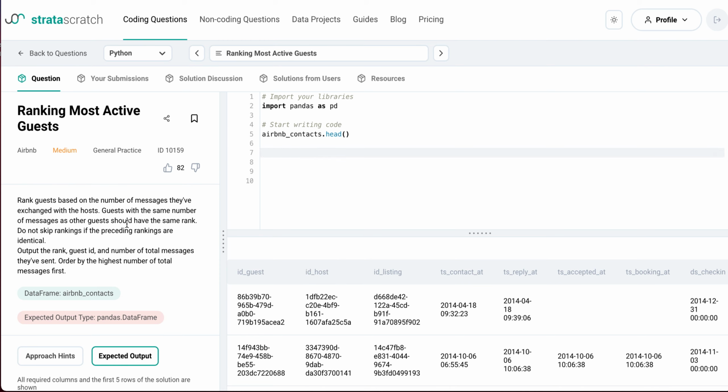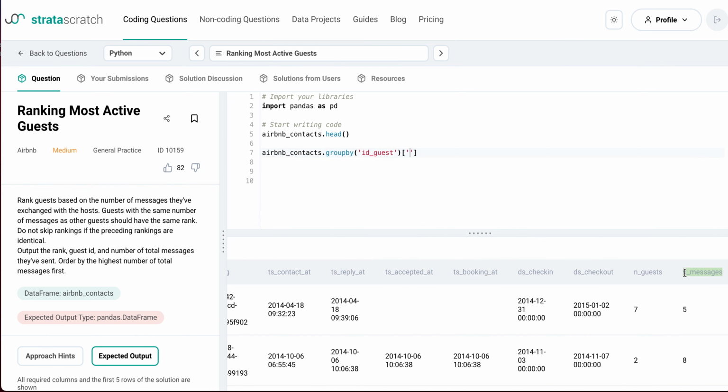So what I'm thinking is we want to get for each guest the number of messages. And generally speaking, when we're talking about "for each," we're thinking of a group by. So we want to take our dataset dot group by, and essentially for each ID, we want to grab the number of messages and get the total. So we can use dot sum